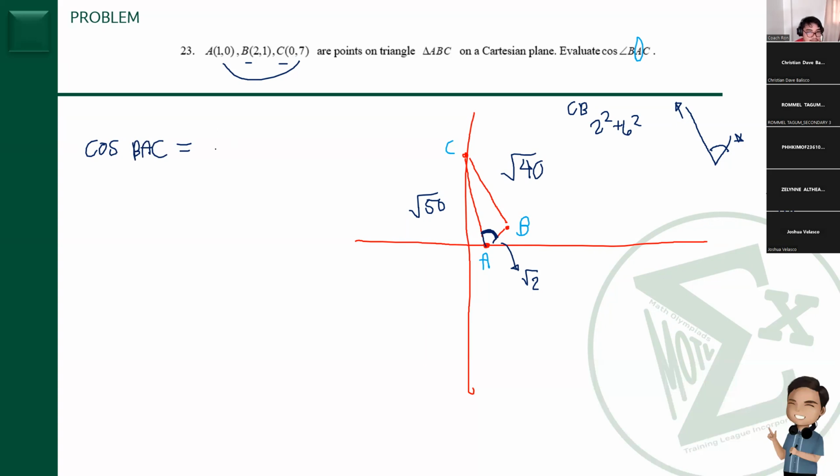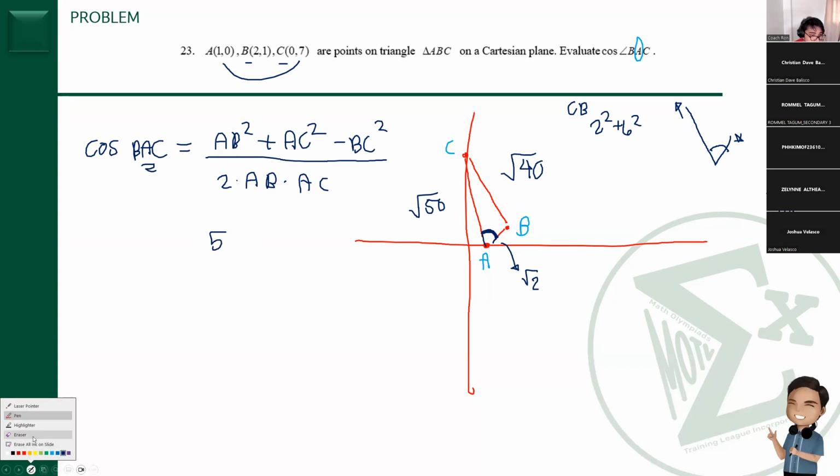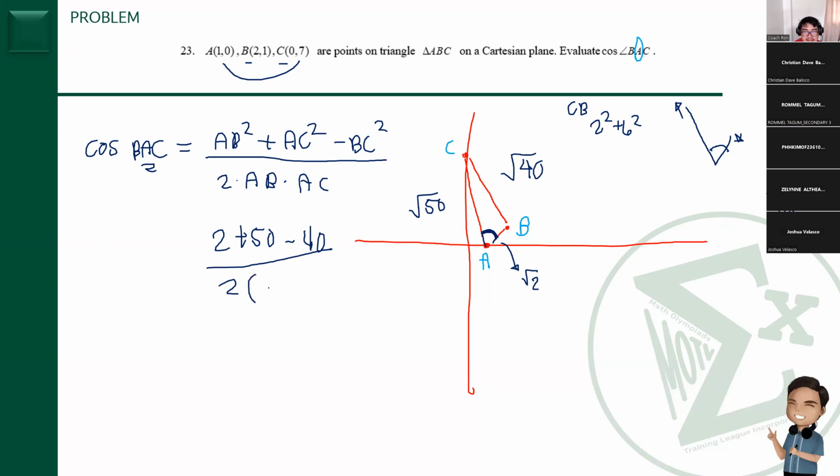is equal to AB squared plus AC squared minus BC squared. Now, what's the order here? Notice that A is in the middle, right? So the ones with A are the plus ones, and the ones without the A, the middle part, is the minus one, over 2 AB AC. And again, those with A, the middle one, are in multiplication. So let's square that one. AB is square root of 2, so 2 plus 50 minus 40, all over 2 times